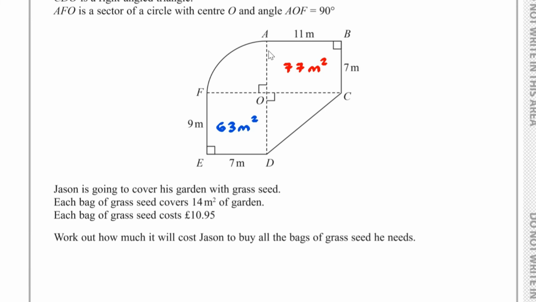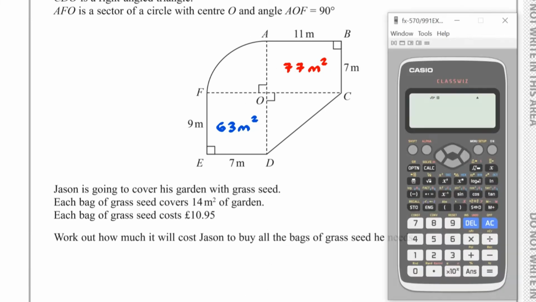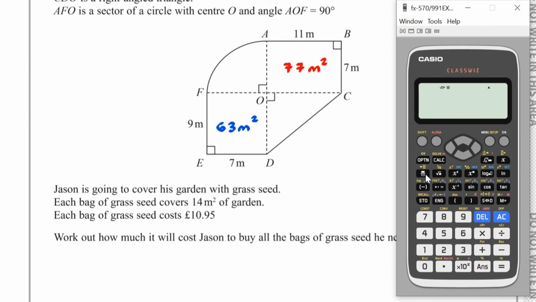For this 1/4 of a circle, well, we've got pi times by the radius squared. Now the radius is 7, so we have 7 squared, and we divide this by 4 because we've got 1/4 of a circle. So for this section, we have 49 pi over 4